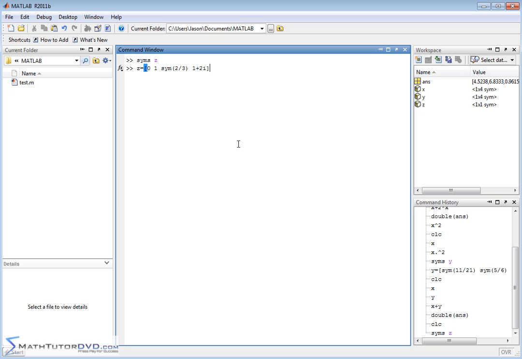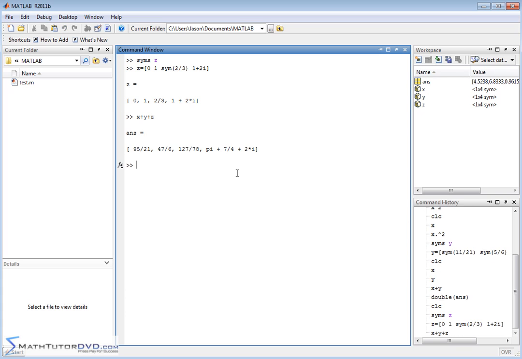I want to make sure you understand that when you're dealing with these vectors of any kind, you can put complex numbers in there. A complex number is just like a regular number to MATLAB. It can deal with any of it. So you go and hit enter, and I have 4 elements. Here's a number, a fraction that is intact as far as it's still a symbol, and then I have this nice complex number. So I can do things like x plus y plus z, and it'll attempt to add all